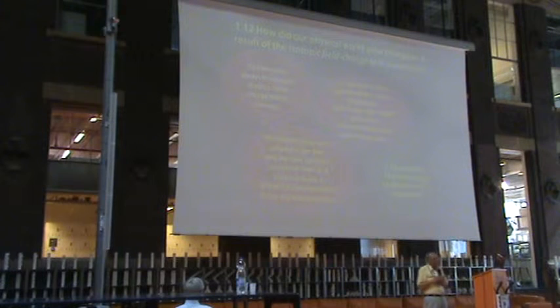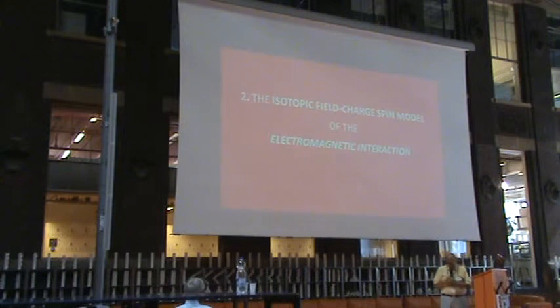They are even less found than the supersymmetric particles were. So in the rest of my time, I will speak about the isotopic field charge spin model applied to the